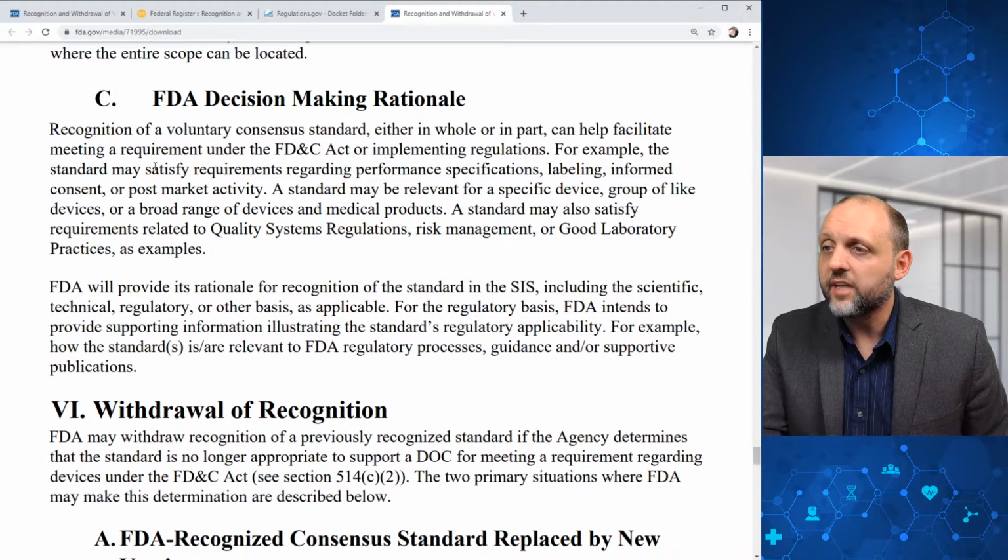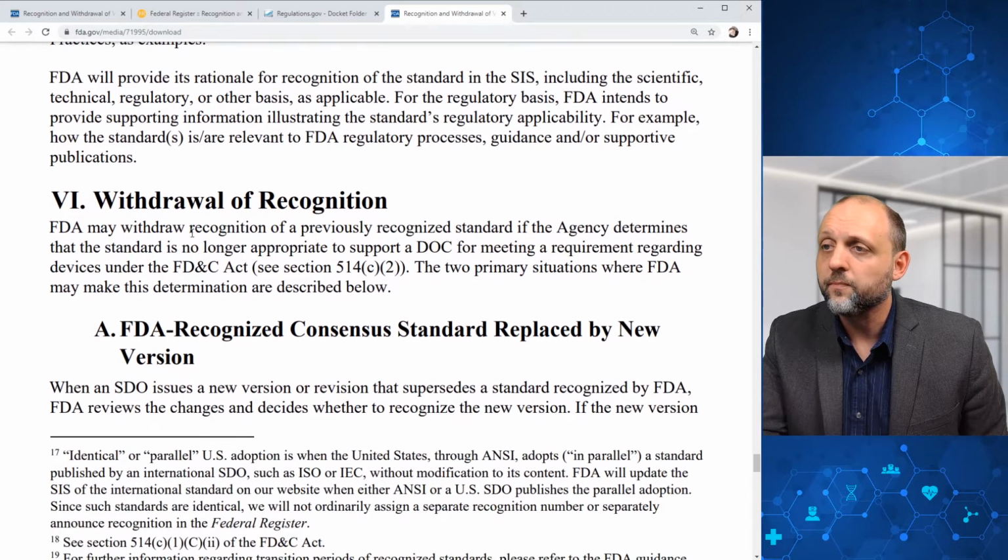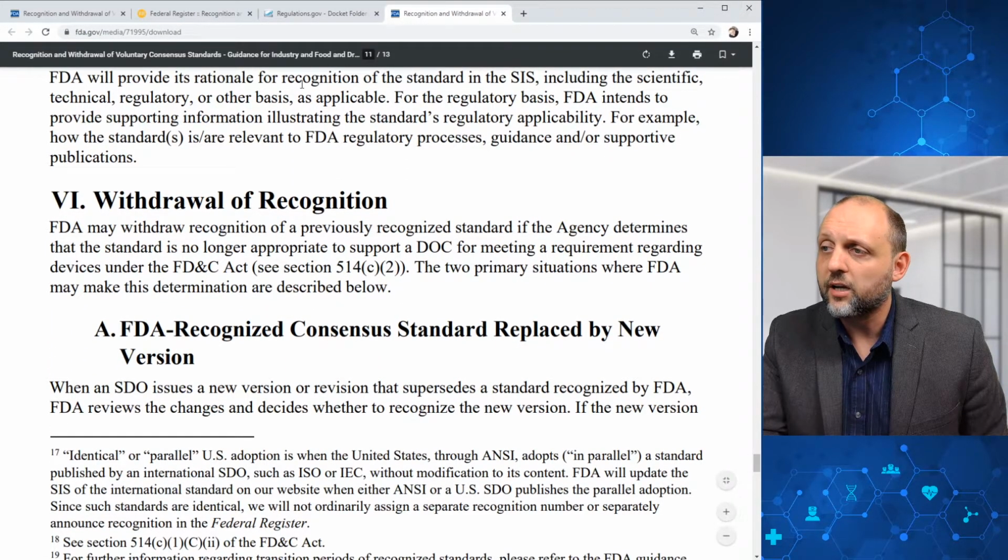For example, the standard may satisfy requirements regarding performance specifications, labeling, informed consent, or post-market activity. A standard may be relevant for a specific device, group of like devices, or a broad range of devices and medical products. A standard may also satisfy requirements related to quality system regulations, risk management, or good laboratory practices, as examples. FDA will provide its rationale for recognition of the standard in the SIS, including the scientific, technical, regulatory, or